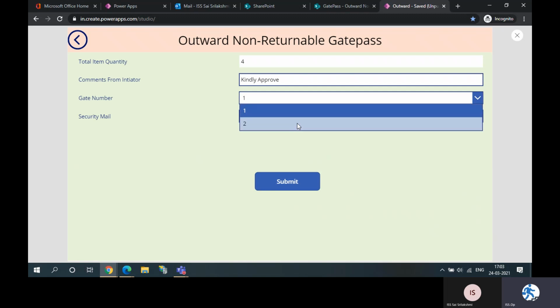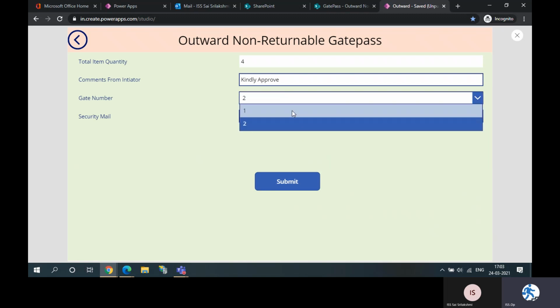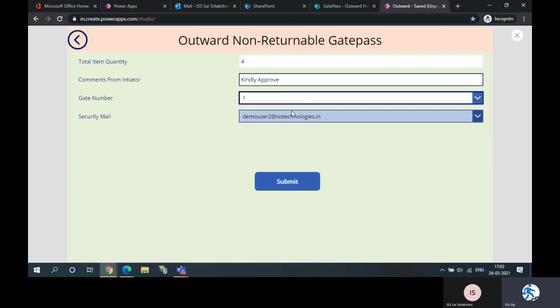It also shows the gate through which the material is going out, because normally in any manufacturing or large workplace you will have multiple gates. So we created gate numbers also, in the interest of the customer.